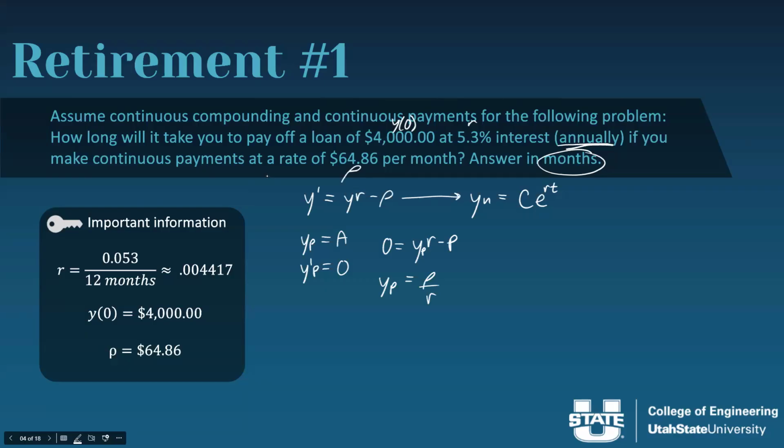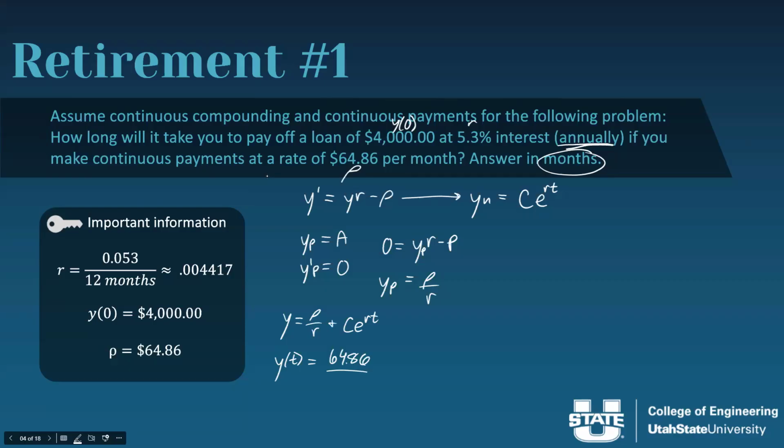So now we have our complete solution, our particular solution plus our null solution, and that is going to be y equals rho over r plus Ce^(rt). And we actually have a lot of these pieces, right? So we can plug all those pieces in. No, not quite. y(t), we're going to plug everything in,